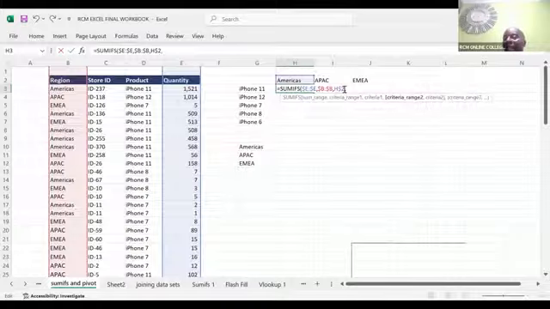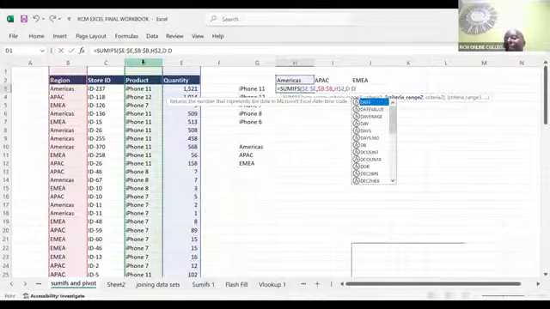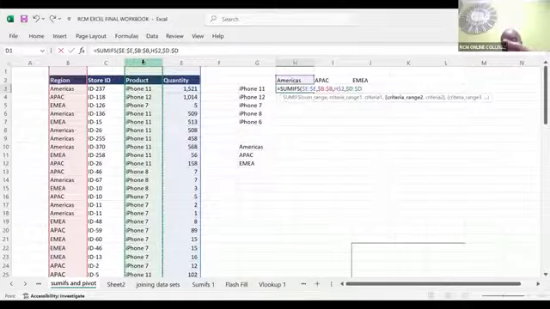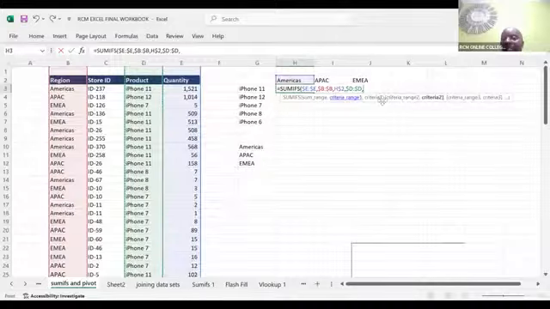There is another criteria. There is a product criteria, because there is a regional criteria and a product criteria. I've finished working with the regional criteria. Now I come to the iPhone 11 criteria. So where do I find iPhone 11? It's here. First, they want the entire range where iPhone is found, which is in this D. If it's a range, it must be fully dollarized with F4. Then they want the criteria itself, so criteria is iPhone 11.